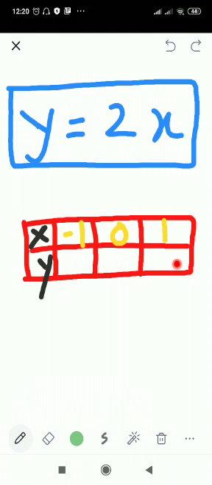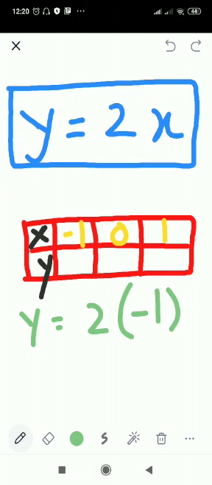Now see here, the equation given is y equals 2x. So we are going to find out for the first value of x given, -1, right, this -1. So you're going to take this -1 instead of x and multiply. 2 times -1 क्या होगा, you're going to write down in the answer, 2 times -1, 2 ones are 2, and 2 times -1 is -2. So here you're going to write, if x is -1, then y will be -2.